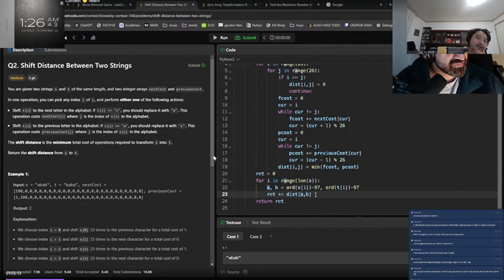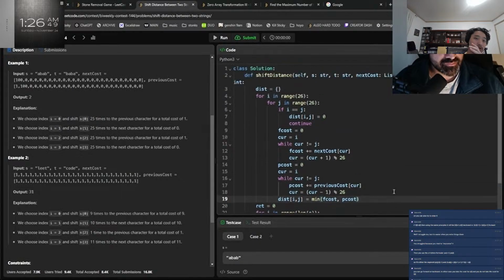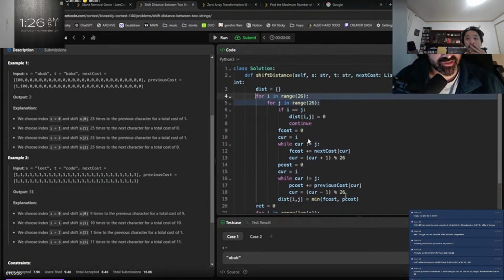I think at this point in my journey, I just need to do a lot of Leetcode, just like grind it. I was fine brute forcing over here because you can do it a lot cheaper with prefix sums, but you don't have to. 26 cubed, you're fine.